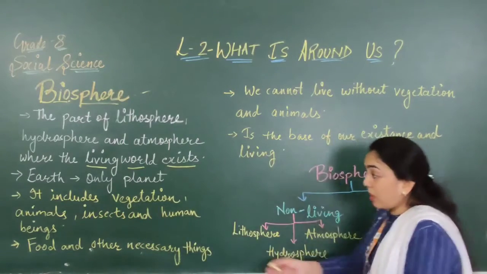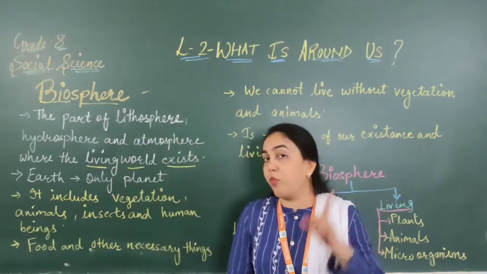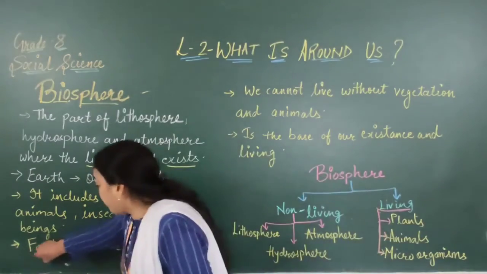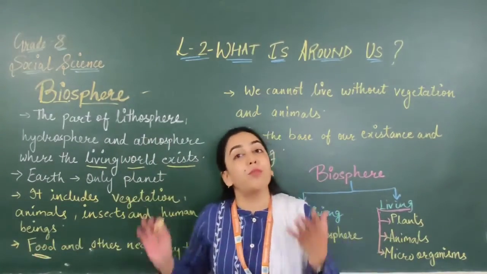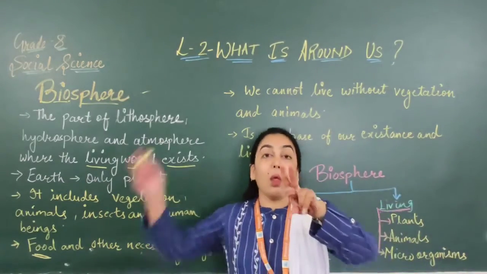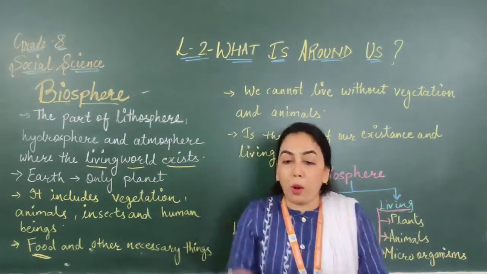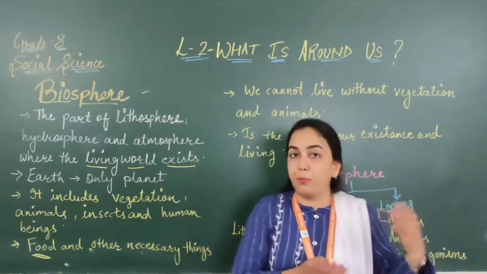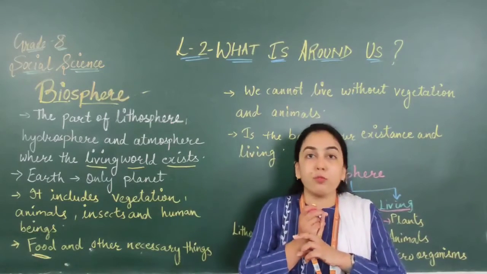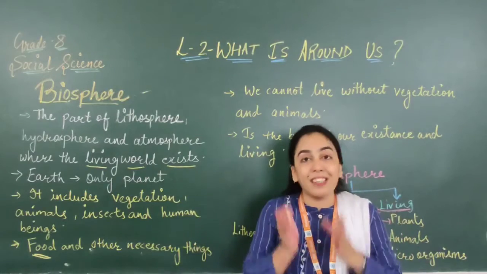Next is, what are essential for us? What things are essential for us? First of all, we need food to survive. Air we all know, but the food which we need will come from this biosphere. That means when there is the combination of land, water and proper air, then there is the proper growing of crops. तभी proper crops grow हो पाएंगे. अगर सिर्फ land है लेकिन water नहीं, crops will grow? No. So that is why all the 3 spheres are dependent, interconnected with each other.